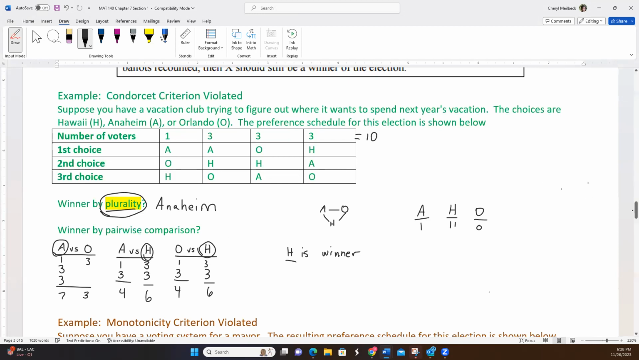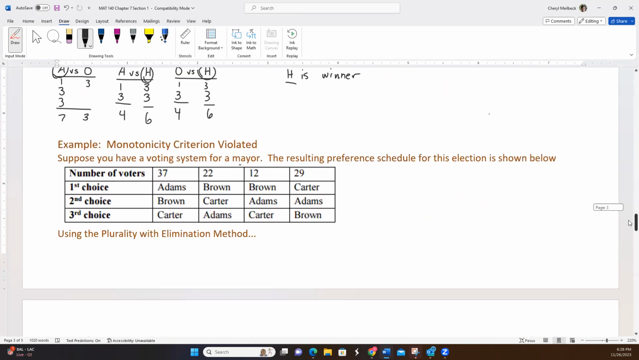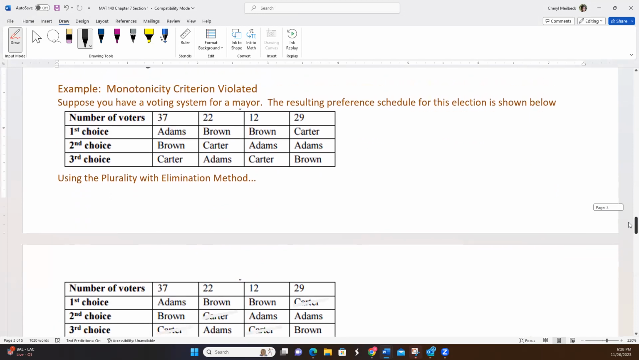In our next example, we're looking at the monotonicity criterion violated. So here we have a voting system for a mayor. The resulting preference schedule for this election is shown below. Now we're going to start with plurality with elimination here, and that is the same voting system they used in Alaska, where they called it preference voting. Anyway, in plurality with elimination,